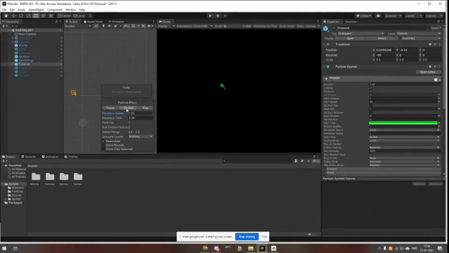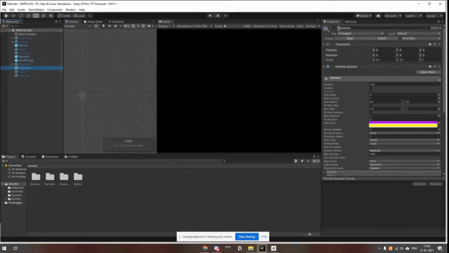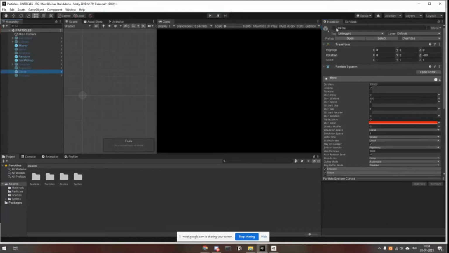And obviously fireworks, because why not? And explosions, as I said. So maybe when enemies die or when you leave exploding bullets, something like those, you can have a particle